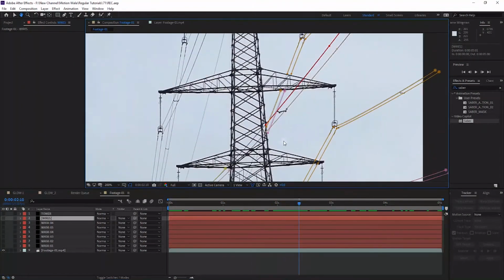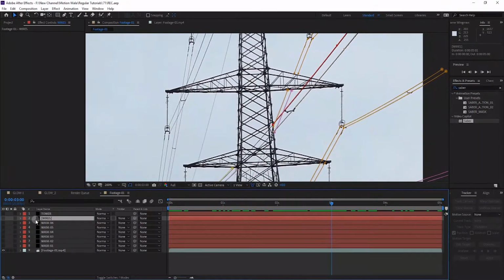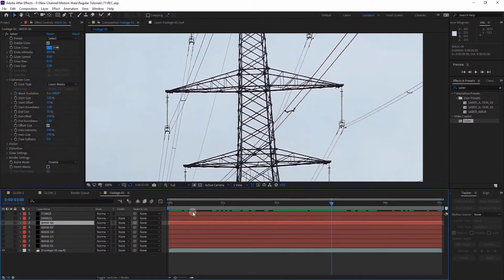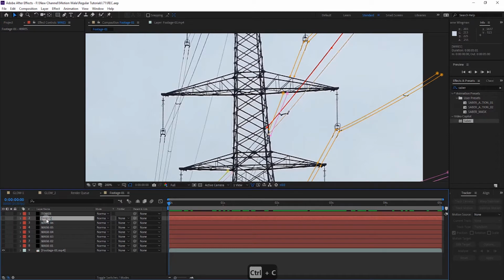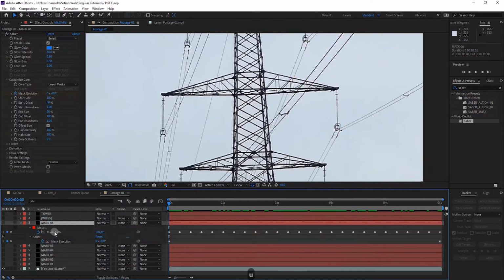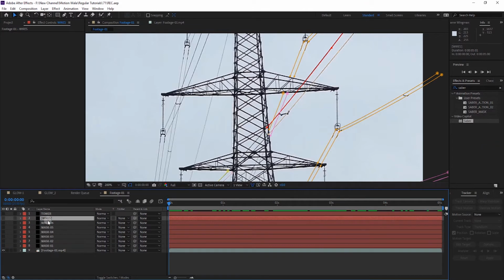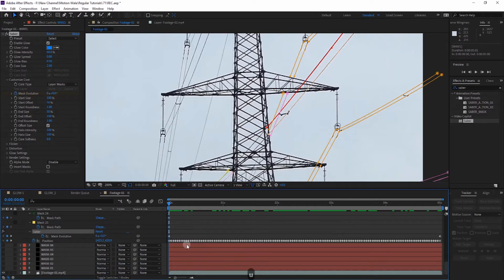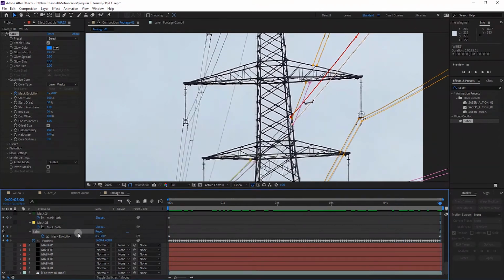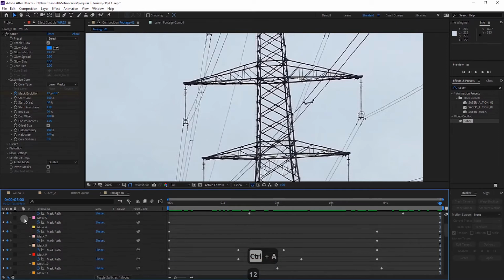So you can see now I have all the wires traced on this layer, so I can simply copy the same effect from this saber mask layer and go to the first frame, because the saber also has keyframes. I will paste it the same on this wires layer by pressing Ctrl V, and then I will press U, go to the last frame, and change this mask evolution value to around 112, like 1 to 12, like this.